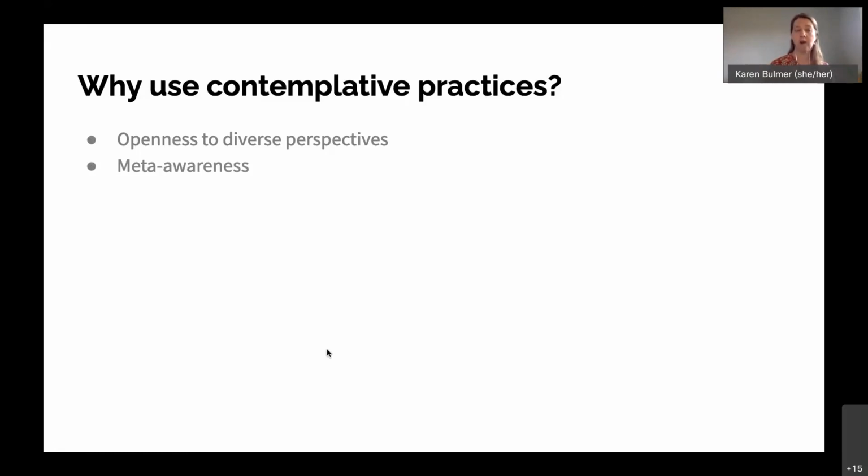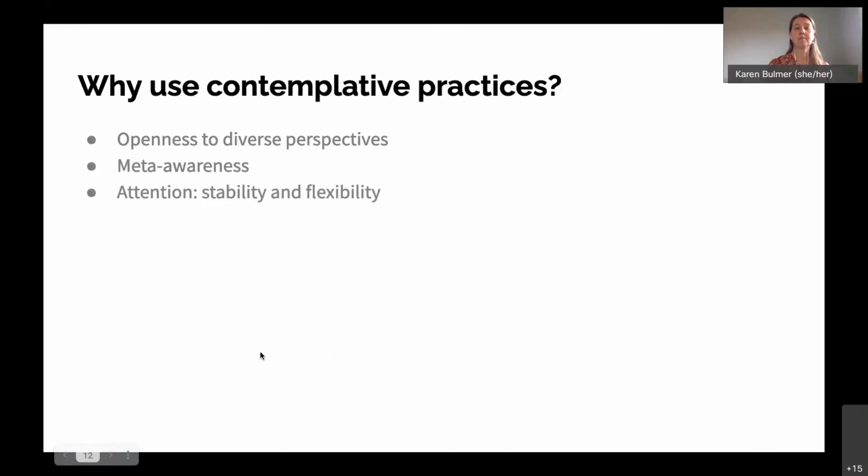The more aware we can be of the fact that there are all these sensations and mental habits and emotional habits that are driving our behavior all the time, and we're just not aware of it, when we start to be a little bit more aware, that gives us a little bit of room to maneuver and to respond differently, whether that's in our relational lives or even in our academic lives.